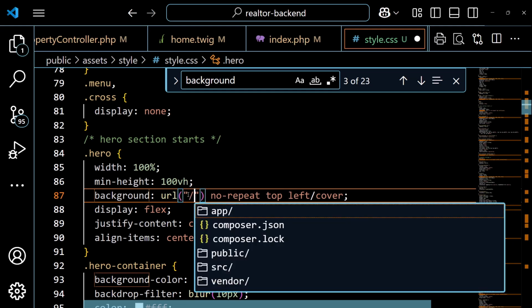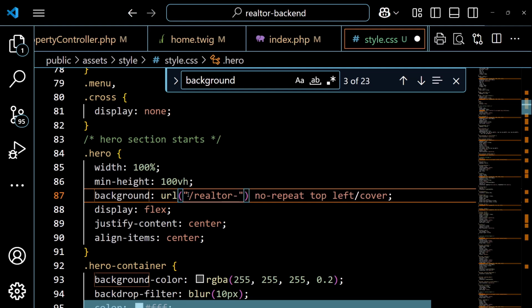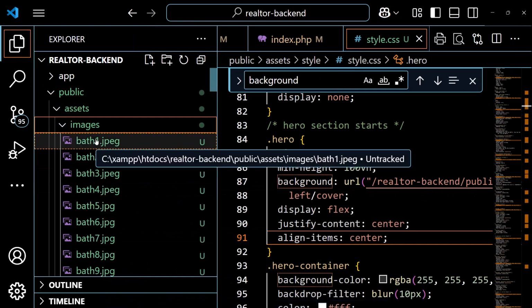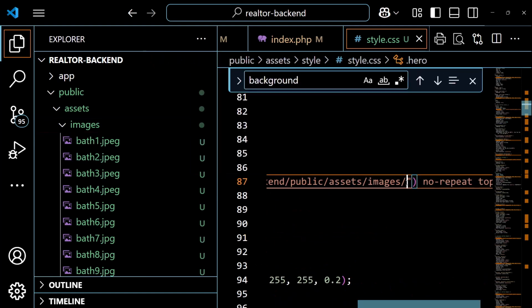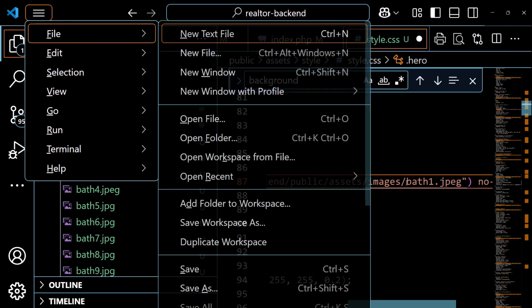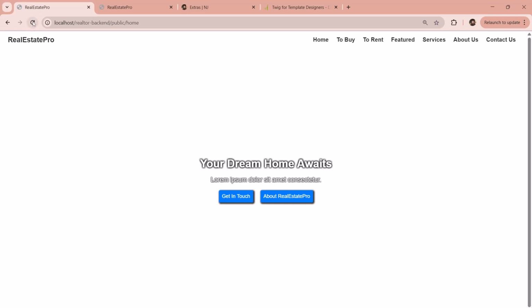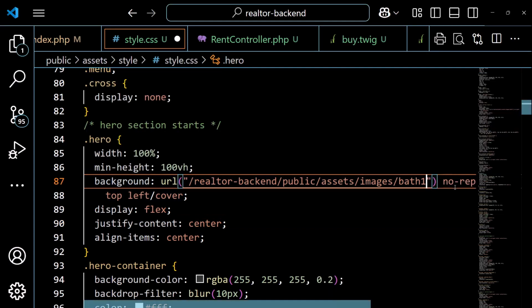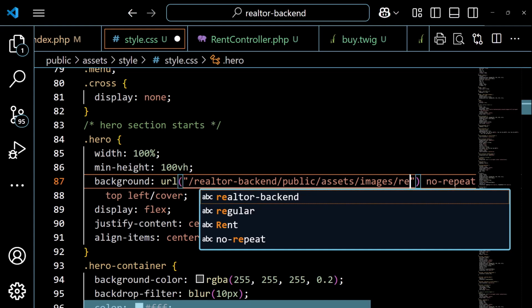Starting with Realtor backend, public, assets, images. Let's use this path.jpg. Let's see if we are able to see the images. Path1.jpeg. Let's refresh, and we can see the image. However, we have to now change the image. We want this image to be the landing page image, so we are going to use